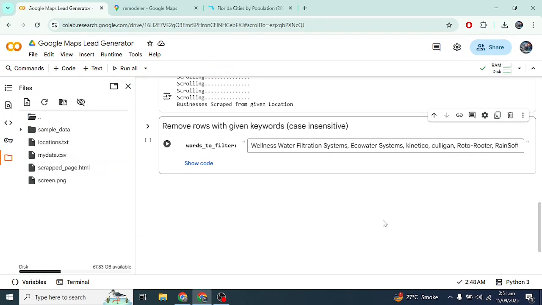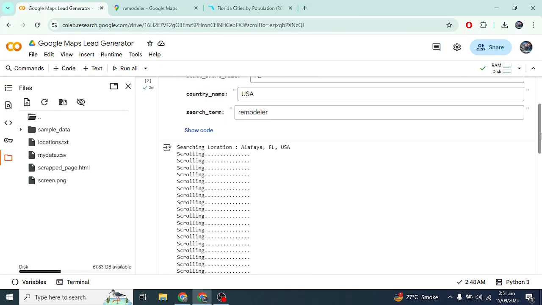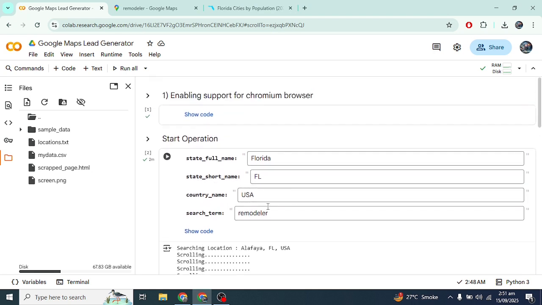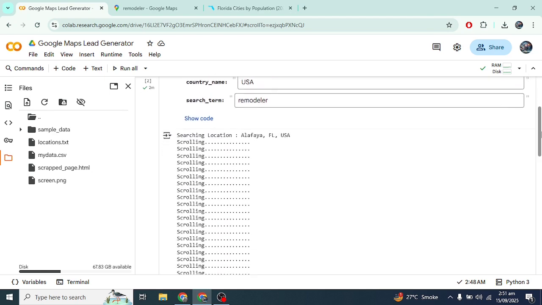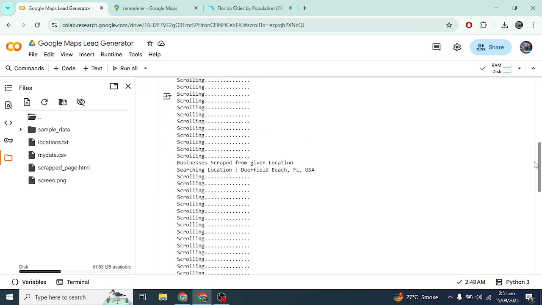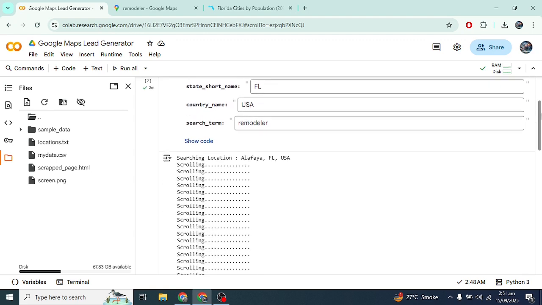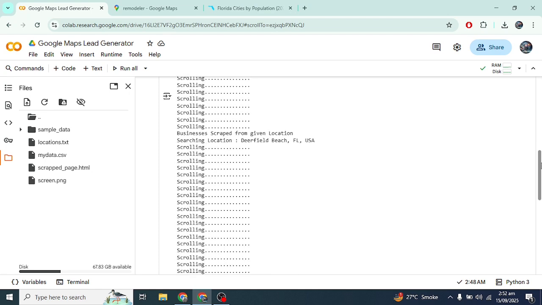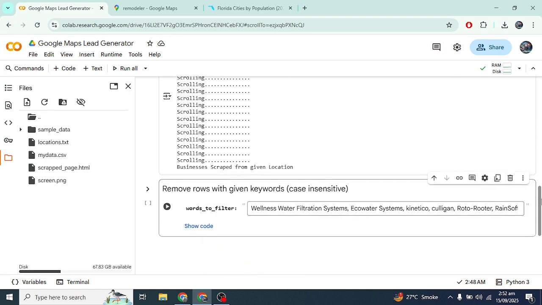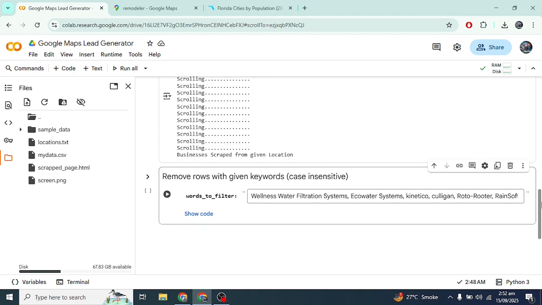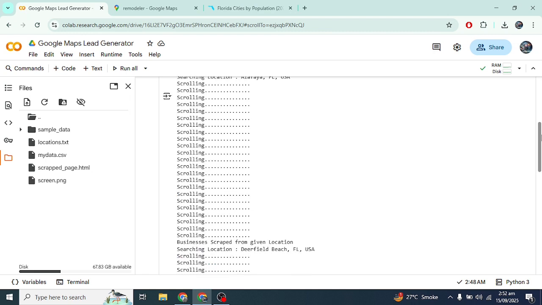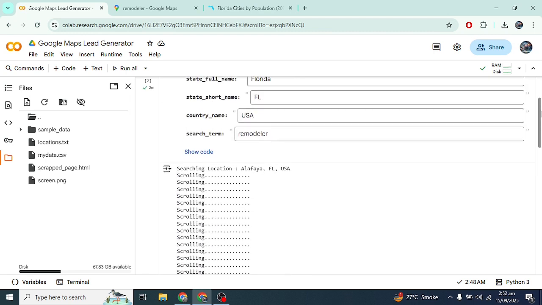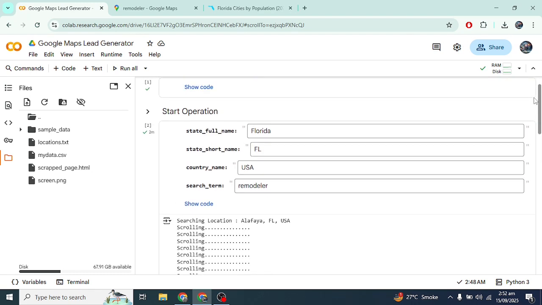And yeah, you do not have to pay anyone for this. You can be as specific in your locality as you want, but keep one thing in mind: if you are targeting the same state, and you give it cities from the same state, you will have too many repeated business names. So you have to then remove the duplicated businesses using Google Sheets or Excel. You can use their remove duplicates feature